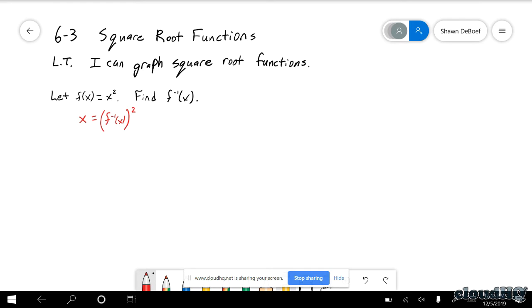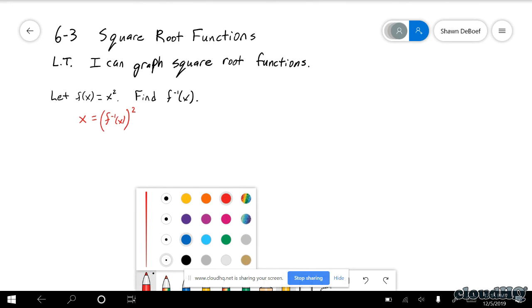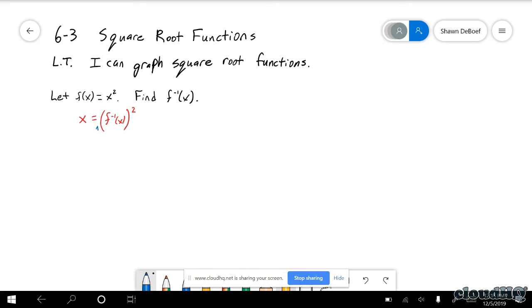And then we need to now solve for the f of x. So I have to get rid of the square. The way we would get rid of a square is by square rooting. And hopefully I've talked about it enough recently that you know that if you square root to solve an equation, you have to remember the plus minus. Just do it to the other side and you do a plus minus. So since it was the right side I cared about, and I'm trying to isolate, I put the plus minus there on the left side. I'll swap sides now while I'm at it as well, but I just have the inverse of f of x equals plus minus the square root of x.